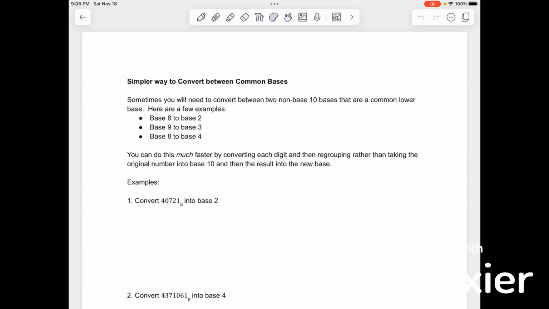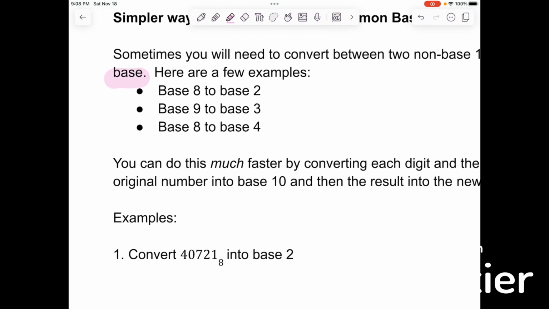In this short little note segment, I'm going to explain alternate ways that we can convert from a non-base 10 number to another non-base 10 number when we have what I like to call a common lower base. So here are a few examples of the scenario I'm referring to. If I want to go from base 8 to base 2, 9 to base 3, or even base 8 to base 4, since I have a common base 2, a common base 3, and a common base 2, I can